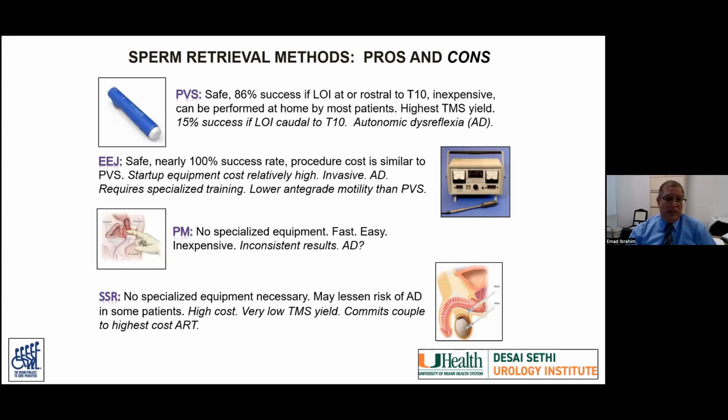Surgical sperm retrieval is very well recognized. It's done in a majority of the infertility patients who have some issues with sperm production. No specialized equipment is necessary, and there is less risk of AD in some patients, but it's higher cost, and it yields the lowest total motile sperm count. Again, that's the term that we're going to speak about a lot. And of course, because it has the lower number of sperm, it commits the couples to the highest cost